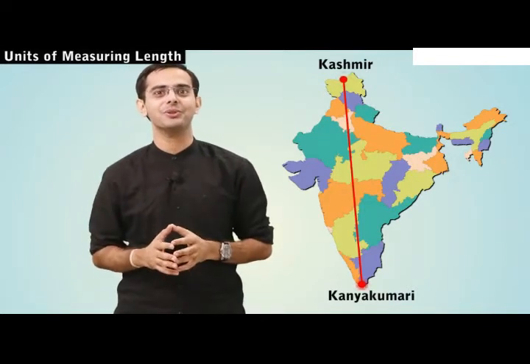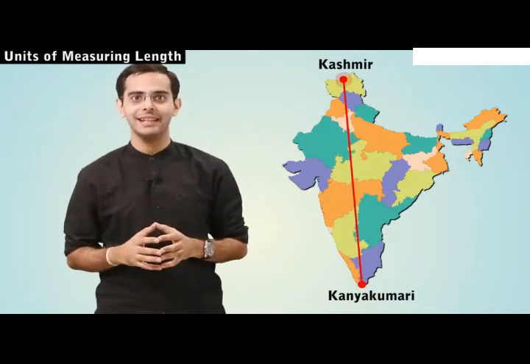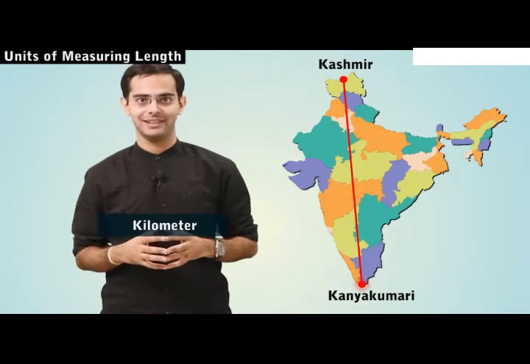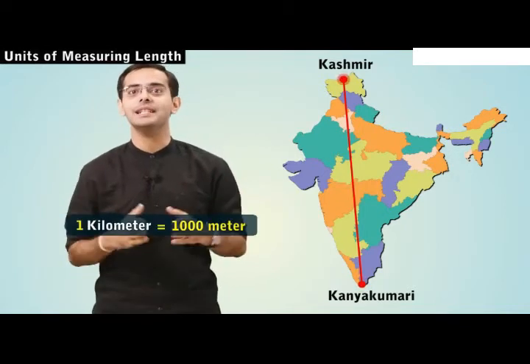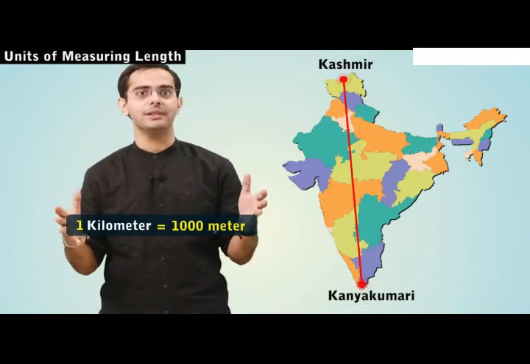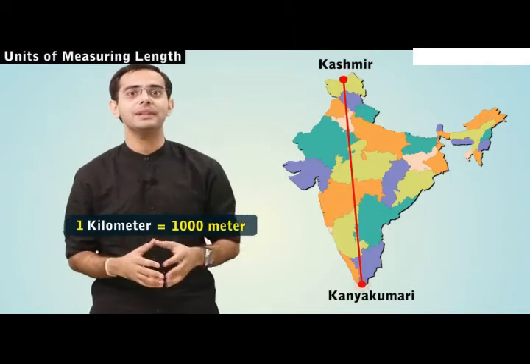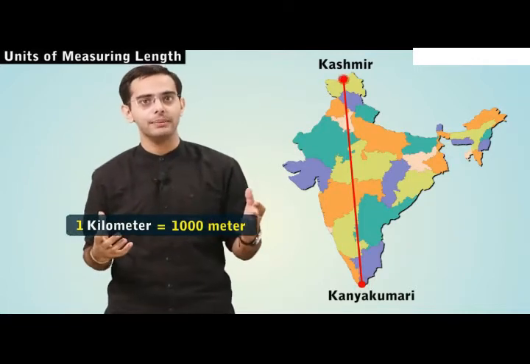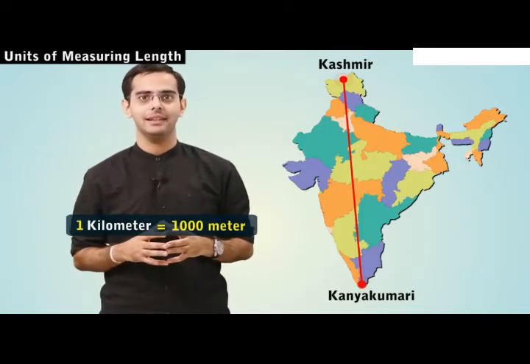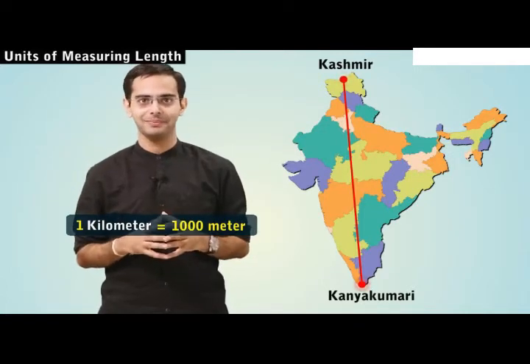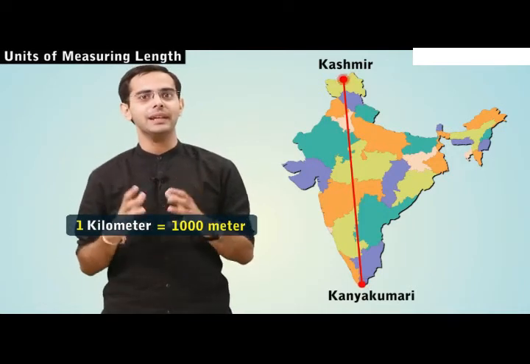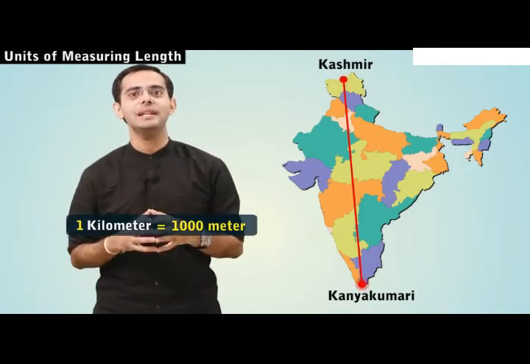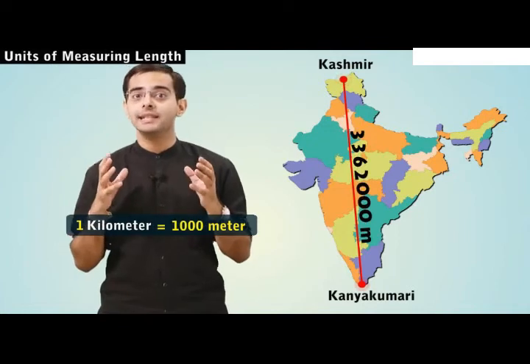So here I'm going to introduce to you one more unit of length, and that is kilometers. So 1 kilometer equals 1000 meters. The distance between two cities or states is usually measured either in kilometers or miles. Now I have a question for you all. Okay, so tell me, if the length between two cities is